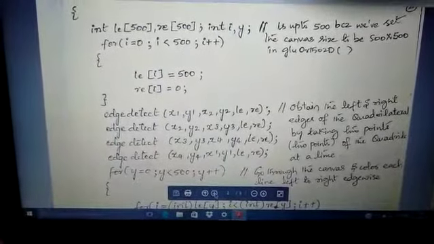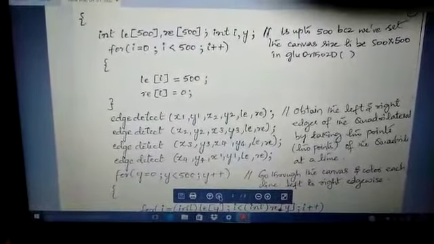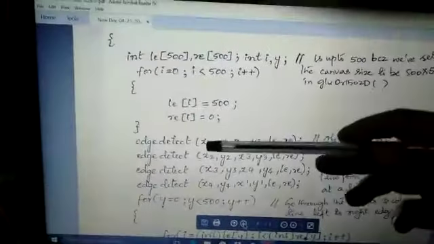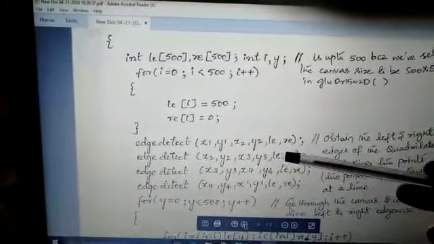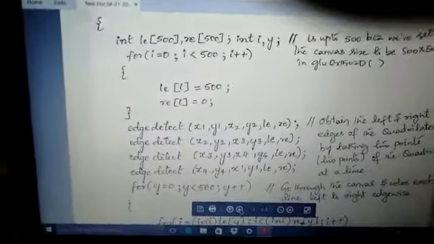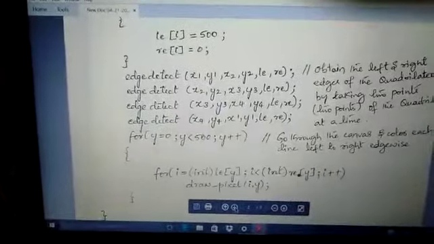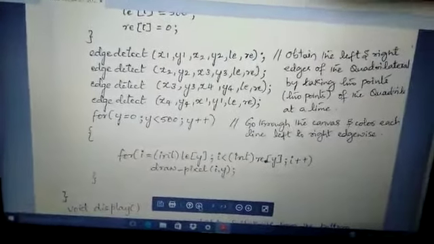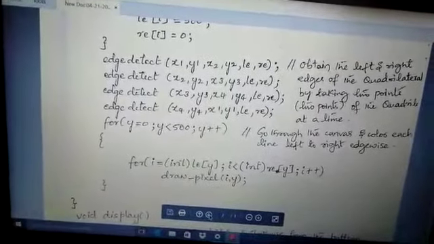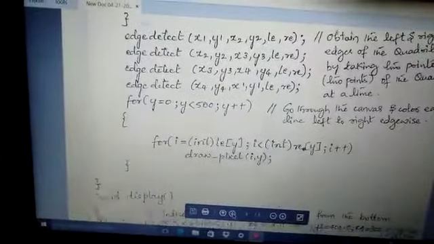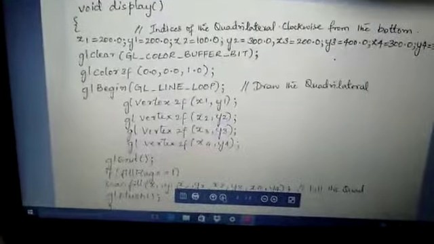Then we are supposed to detect the edges, so we move from left to right of the quadrilateral by taking 2 points at each, that is x1, y1, x2, y2. Those end points we have taken from left to right. The pointers are also mentioned. And how long are we supposed to go? We go till the value of that particular canvas, initialized from left to right, edgewise. So let's move on to the main function.